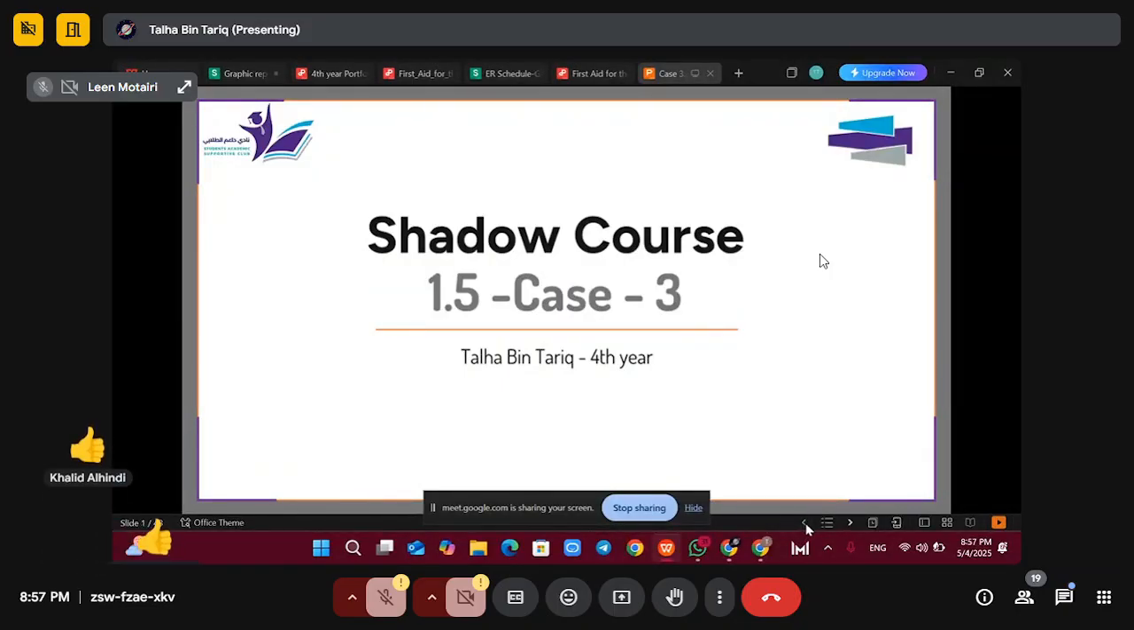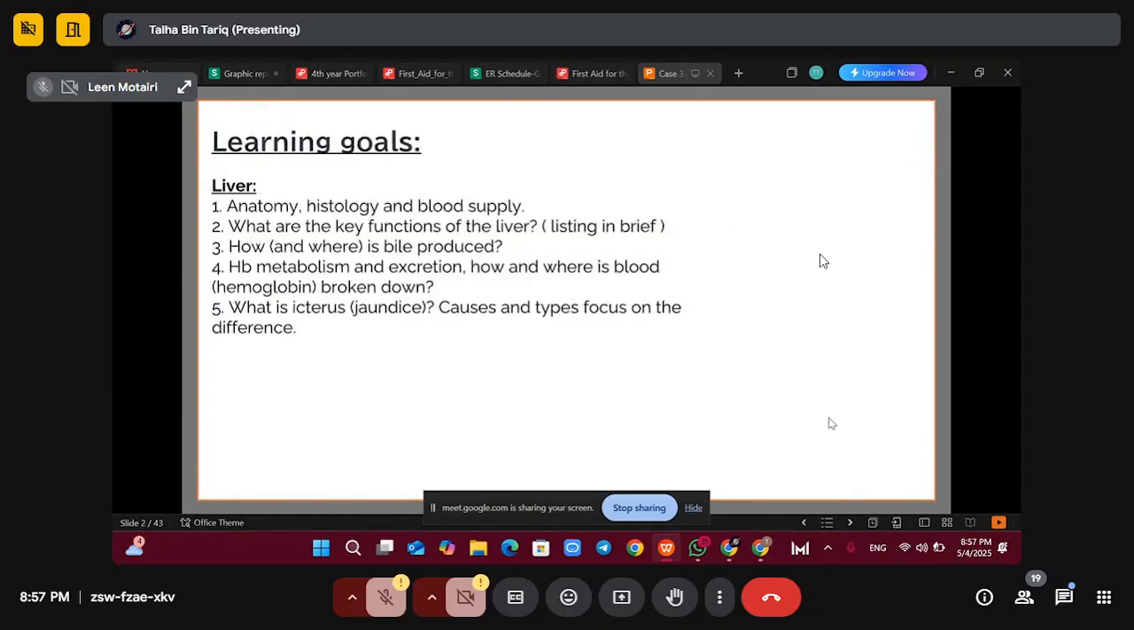Yes, we can. Okay, so let's start with case number 3, which is about the liver and the gallbladder. We have the learning goals, which involve the anatomy of the liver, the histology, the blood supply, the key functions of the liver, and how and where bile is produced, and the hemoglobin metabolism, excretion, and what is jaundice. Just briefly know the difference of the types of jaundice, the causes of jaundice, and all of